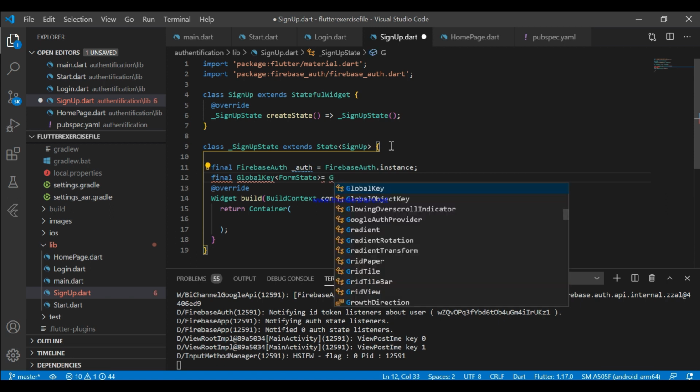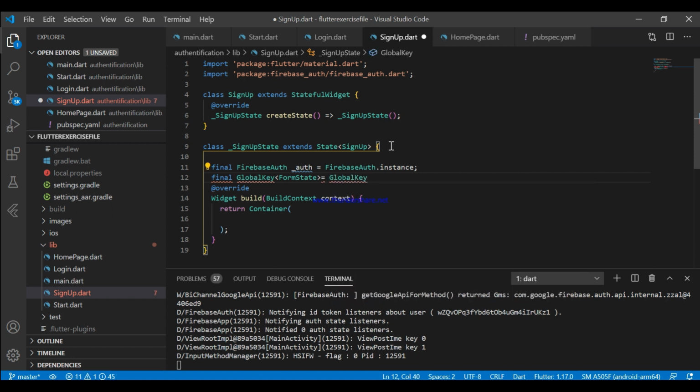Now we'll need three variables here: name, email and password. So let's initialize them after this global key.